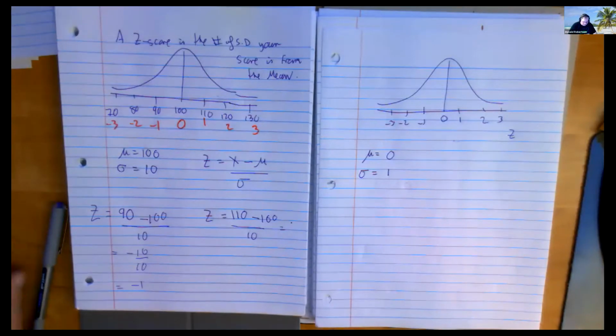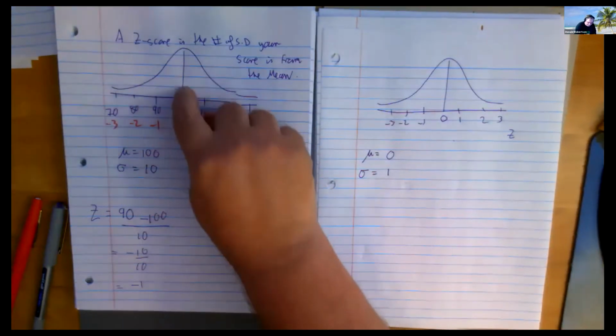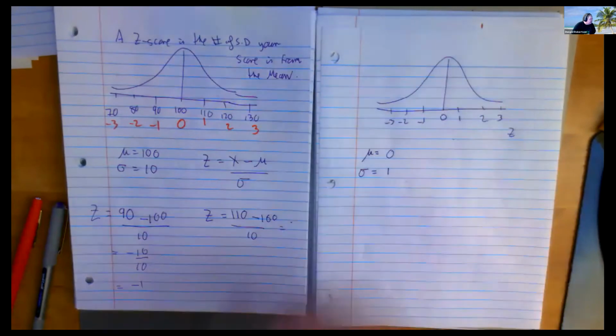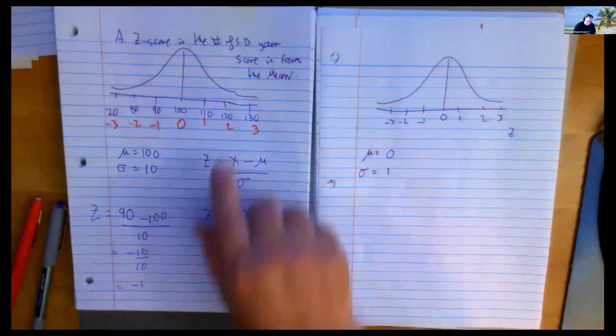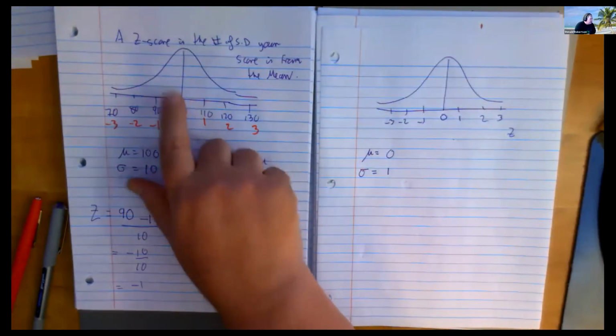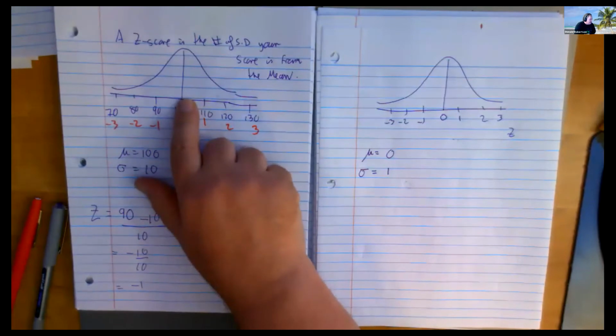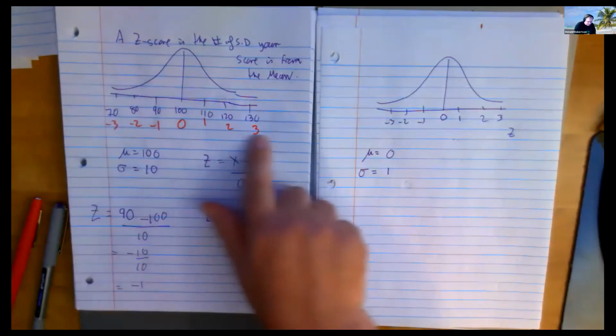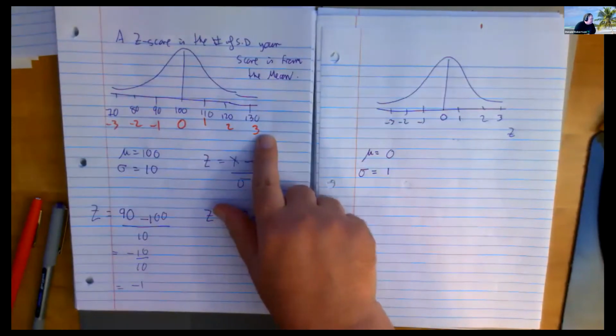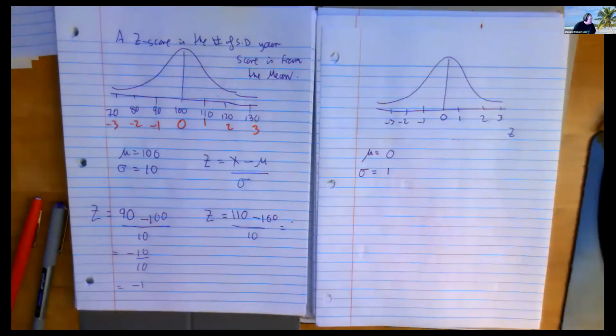But in fact, isn't any distribution going to turn into this one if you turn it into Z-scores? It doesn't matter if it's IQs, quizzes, the weight of people. These numbers will be different, but won't the Z-scores end up being 0, 1, 2, 3? That's the way the math works. So